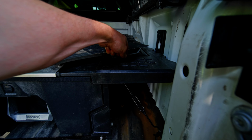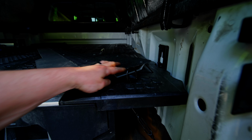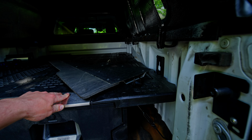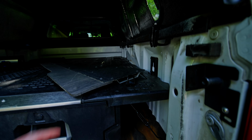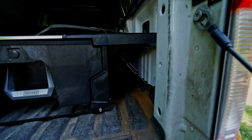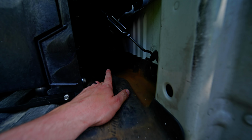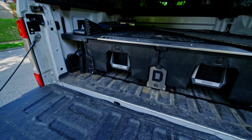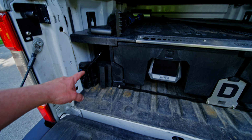So, you have these flip-up D-rings here that work really well if you need to tie a bit of cargo in the bed. And they still give you storage past these little turnbuckles in here for stuff in front of and behind the wheel wells. So just to give you a tour of my drawers, on this side, on the left, I have